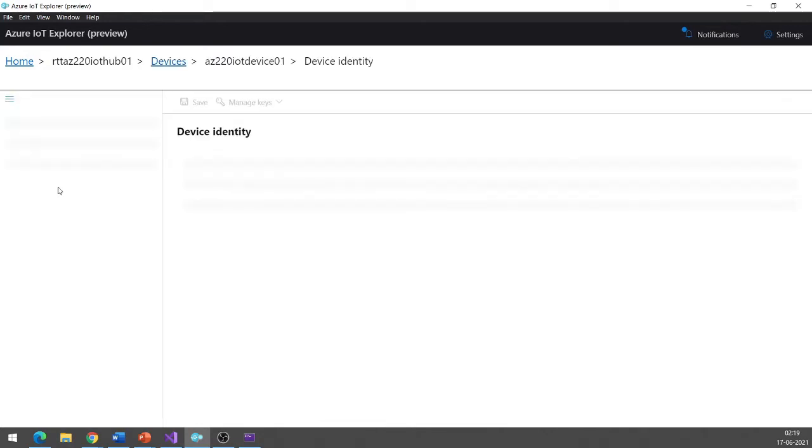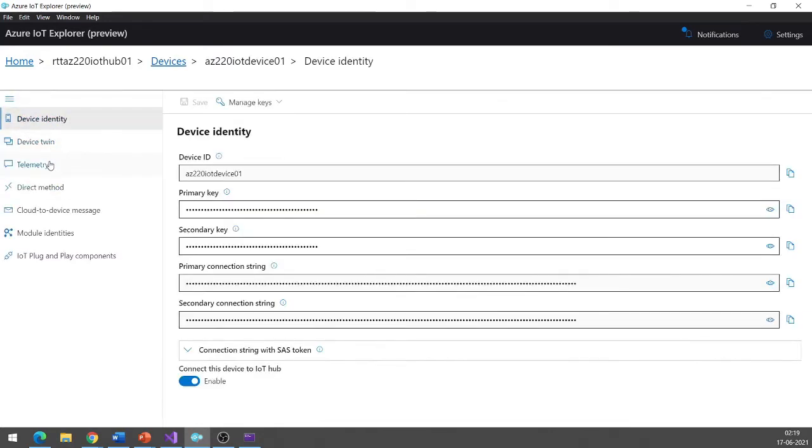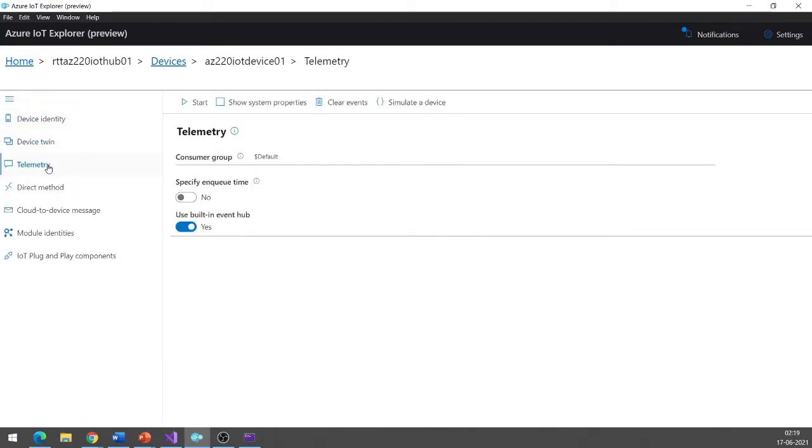Okay, so here I am able to see the device. If I say start, it will start monitoring for any events it receives.